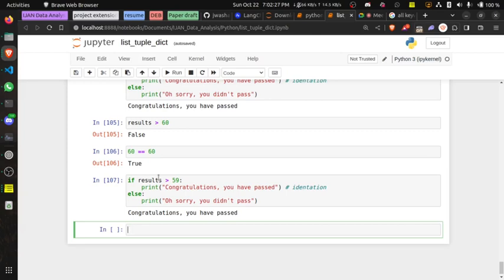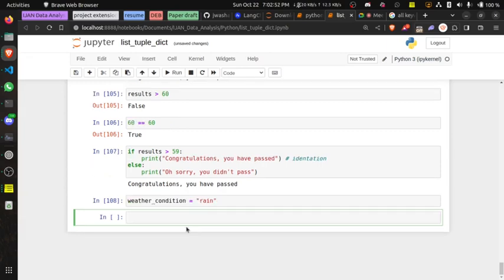So what we actually use is a bit extended for this. The way it works is we have if, so let's say I store weather condition. Tito, that was asking, you can see here I have to use underscore, weather_condition. So let's say weather condition here is rain. Now I want to check.